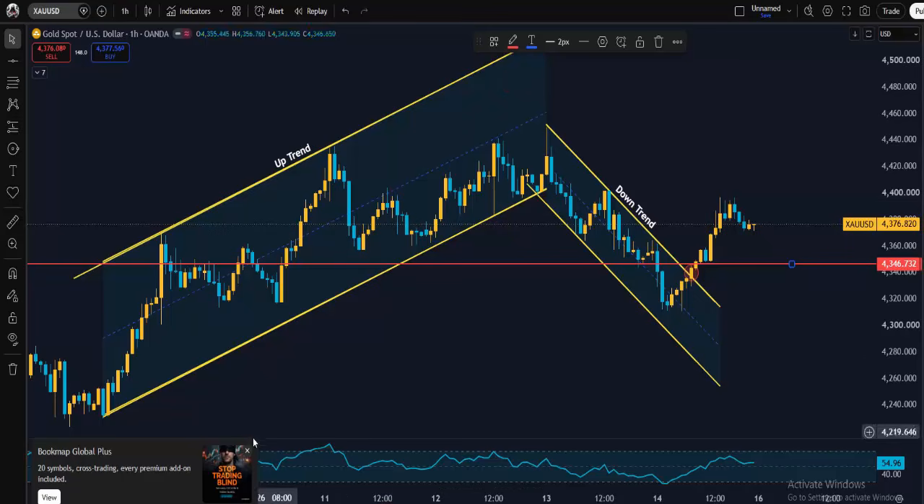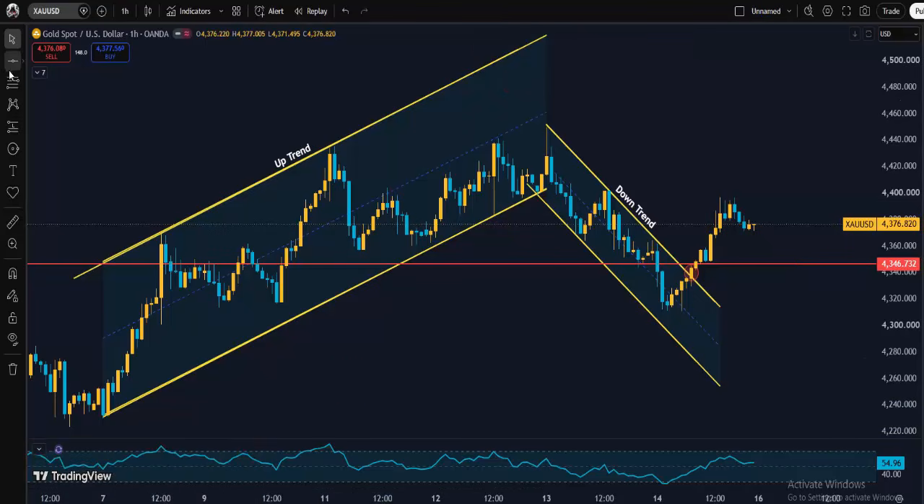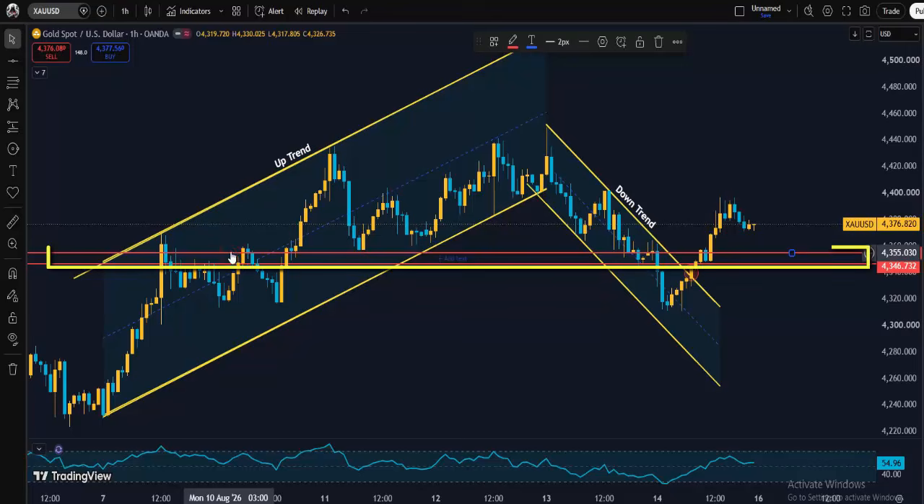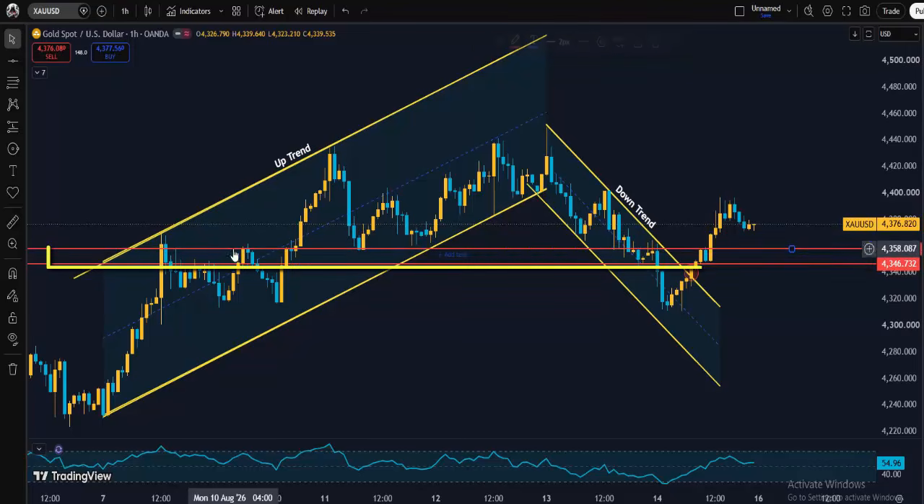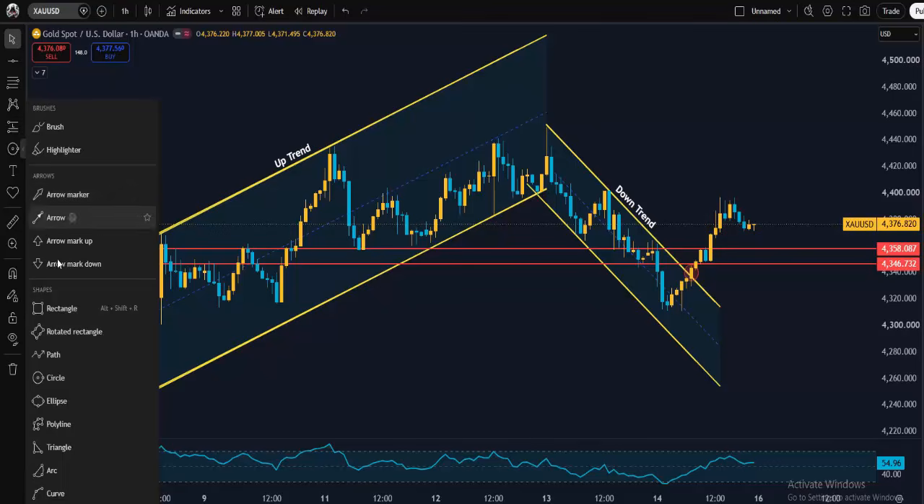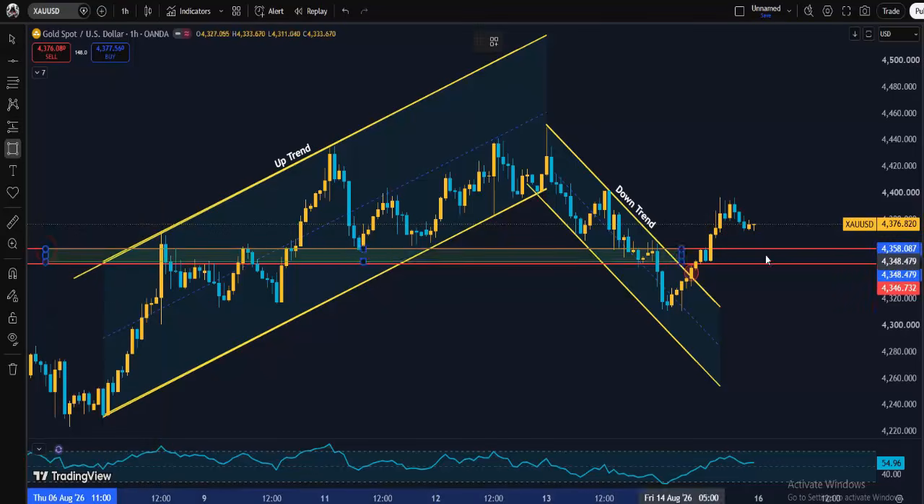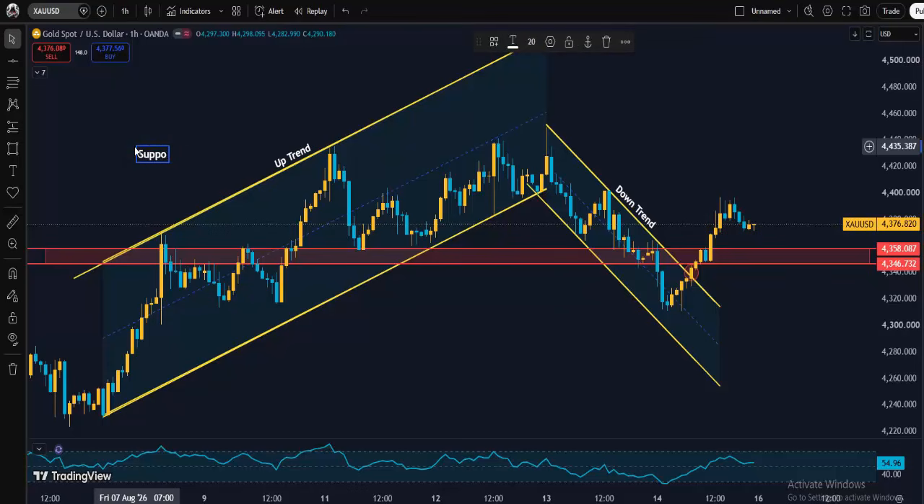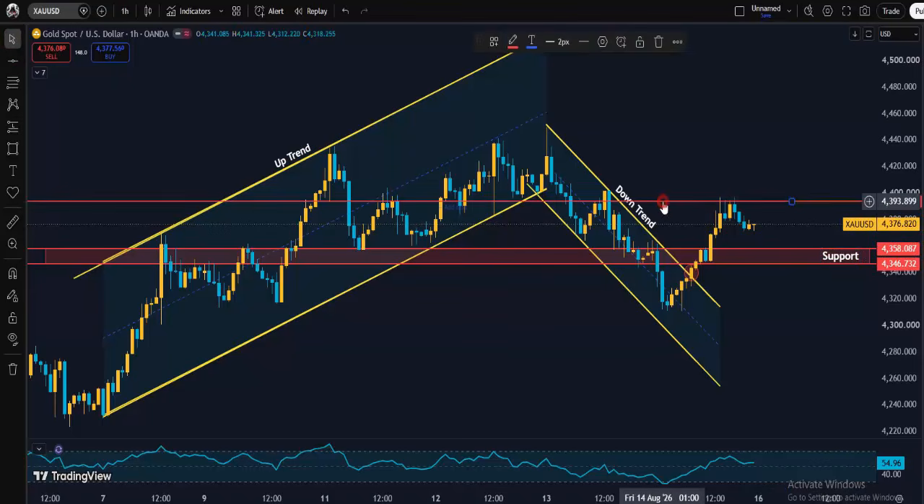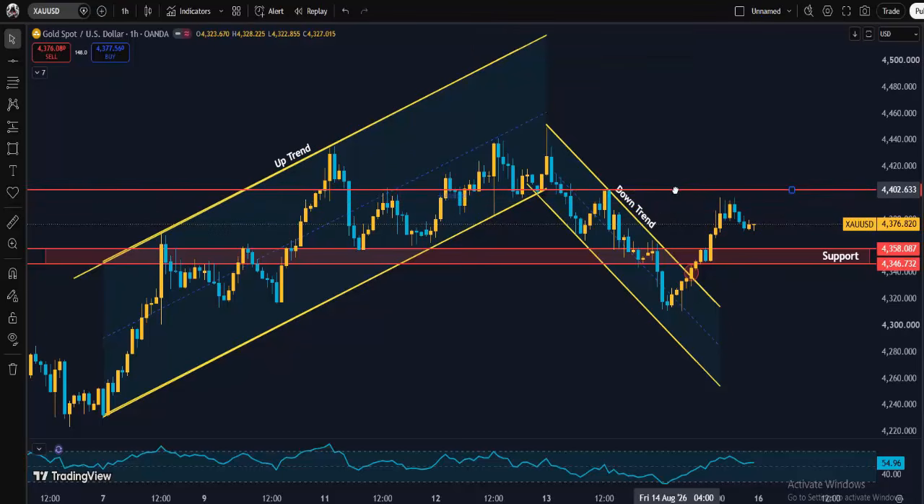Now let's look at the support zone. The key support area is located around 4,346 to 4,358. This zone is important because it can act as the first line of defense for buyers if gold starts to pull back. If price retraces into this area and finds strong buying pressure, it could provide another opportunity for the bullish structure to continue. However, a decisive break below this support zone would weaken the current setup and could open the door toward lower